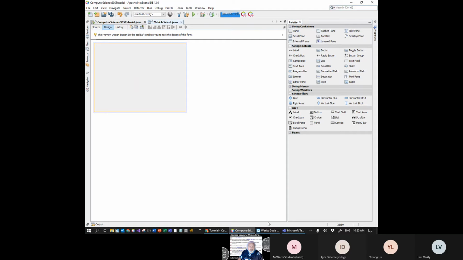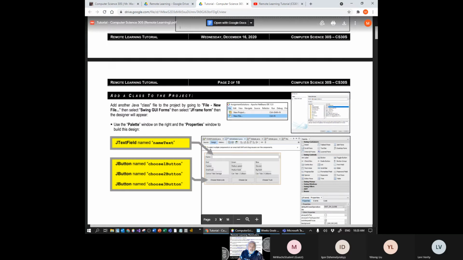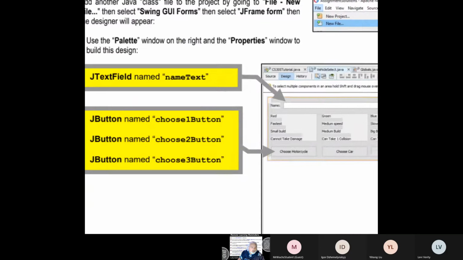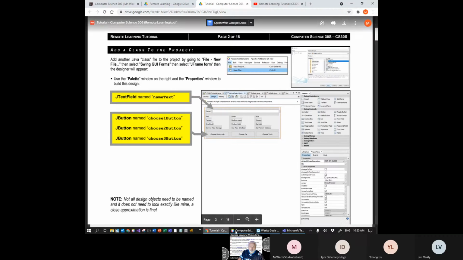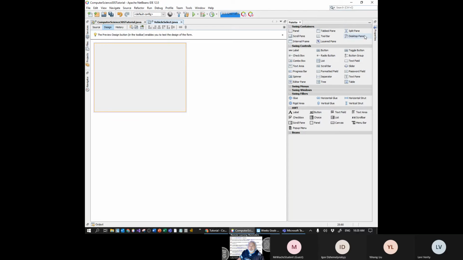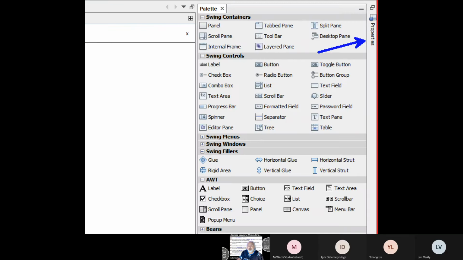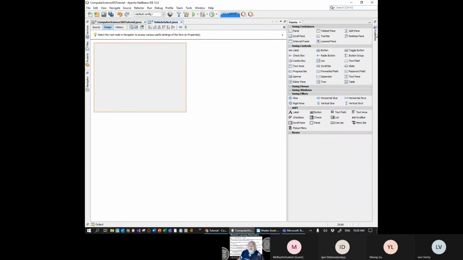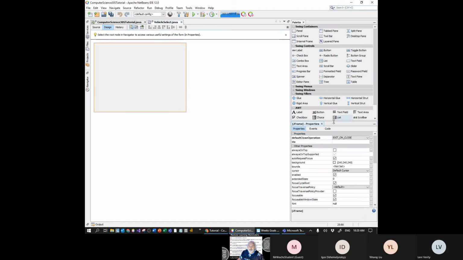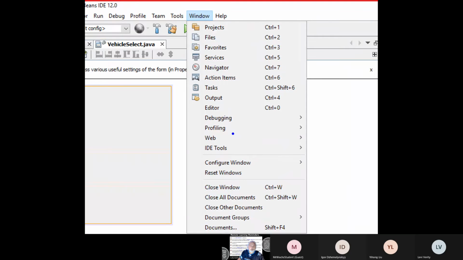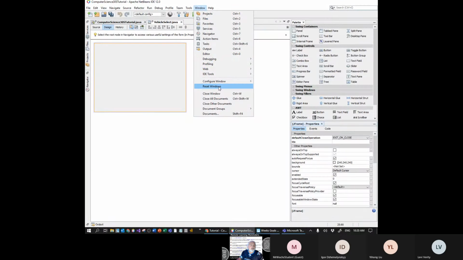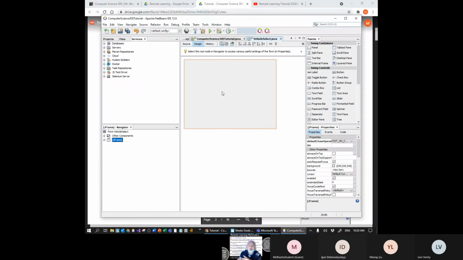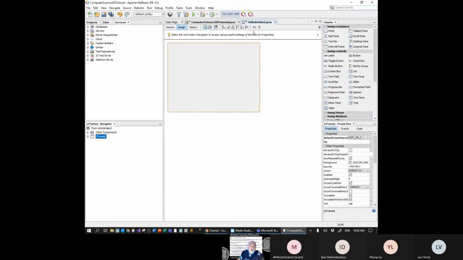There's lots of ways you can use this, as it says here, to use the palette and something called a properties window. So you should also see this thing. If you don't see it, it might be pinned along the side here, called properties. So you want to set that up. You need to change your windows. You could go up here to window, reset windows. If your windows have got all messed up, reset the windows. And then you should be able to see